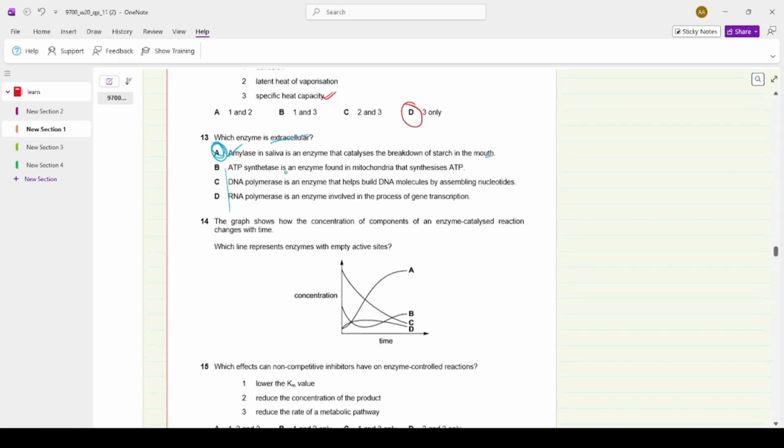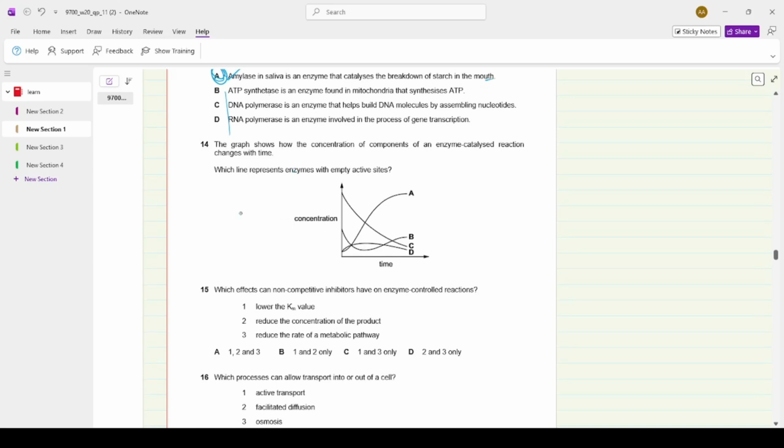Okay. And then now moving to number 14. Number 14 was a tricky question. The question was, the graph shows how the concentration of components of an enzyme catalyzed reaction changes with time. Which line represents enzymes with the empty active site? So I think the trick was here. Which line represents enzymes with empty active sites? So the concentration and then time. So we can assume that